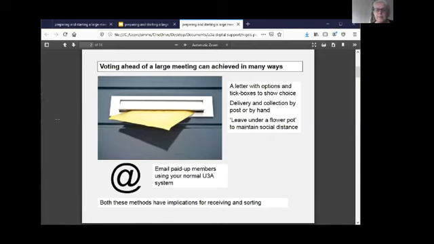So try and do as much of the opinion gathering and informing as possible well before your meeting, which you would anyway in your normal AGM planning. We're very, very keen not to allow digital skill to become divisive.